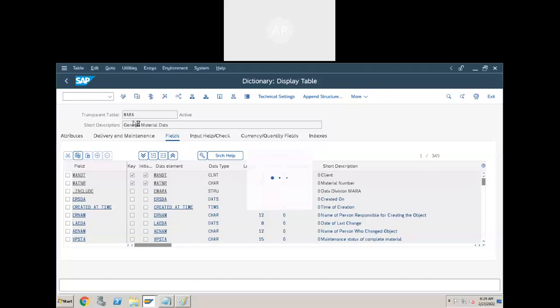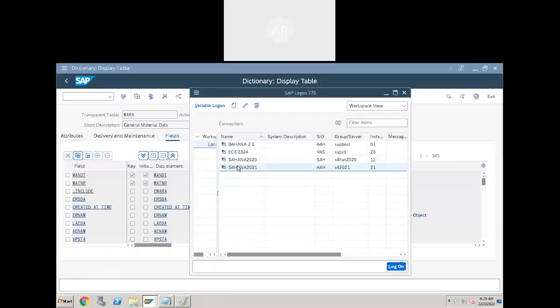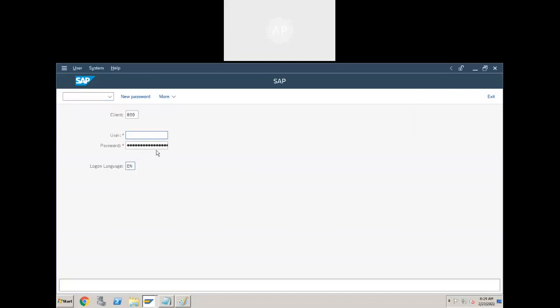So why are we using these text tables? To support automatic language translation. What is that automatic language translation? When a user from India logs in using English language, all the options and the output should be displayed in which language?